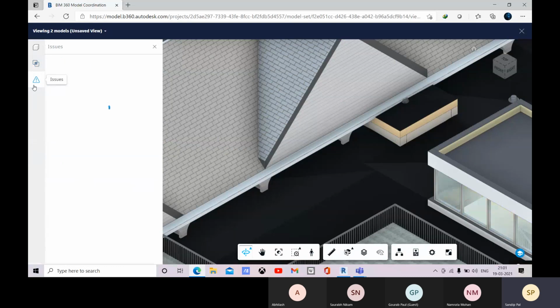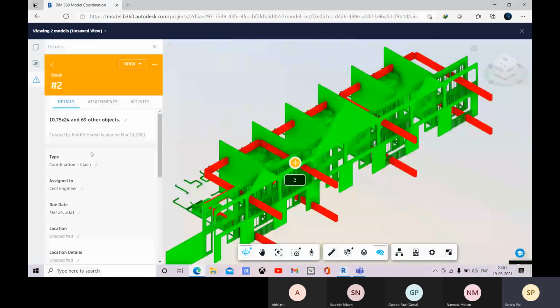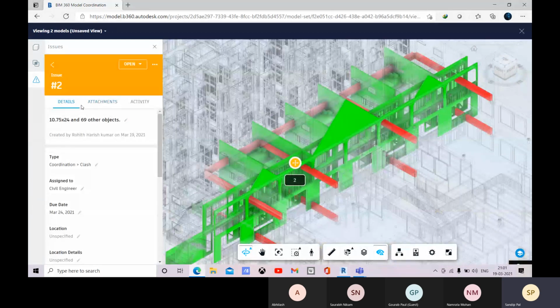Right. So here you come to this issue, and here you see that this is your issue, right? Whenever you click, this will direct you towards this clash, and you can open this as a civil engineer you are assigned to.